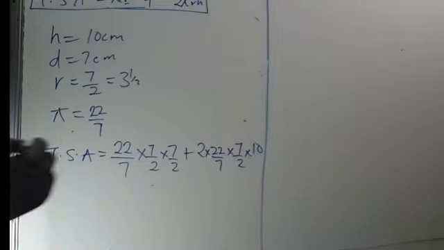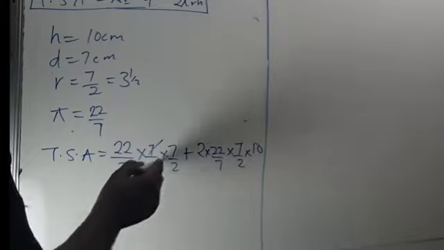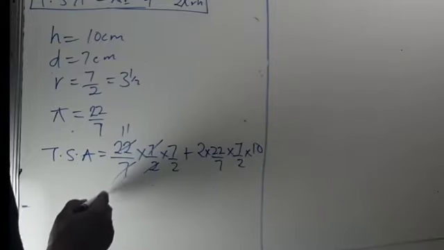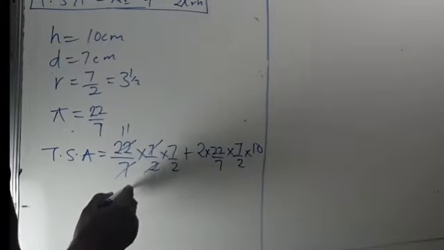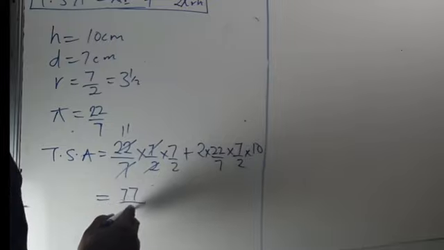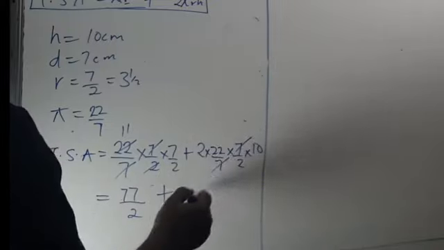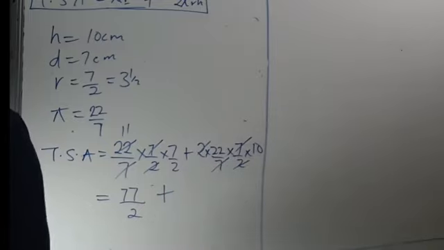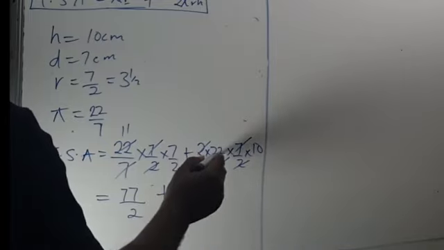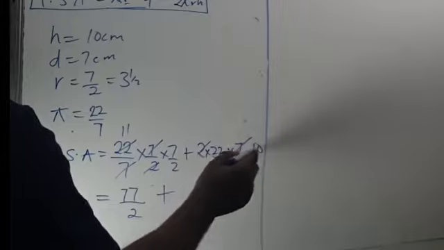So from here we can then, this divided by this here, 11. So that means we have 77 divided by 2, plus 7 cancel 7, 2 here 1, 2 here cancel 2, plus that means we have 22 times 10, that is